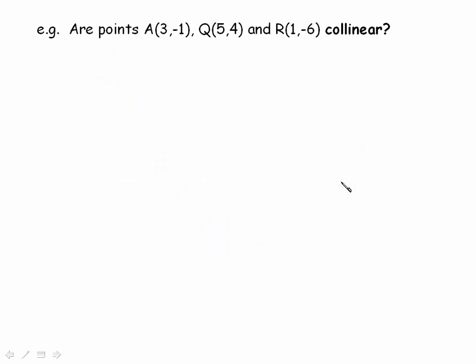And I'm going to look at a few other examples. I'm not probably going to go through all of these ones, but a few examples at least. Are these points collinear? Now, if they're collinear, it means that they lie on the same line. And the one way to do that